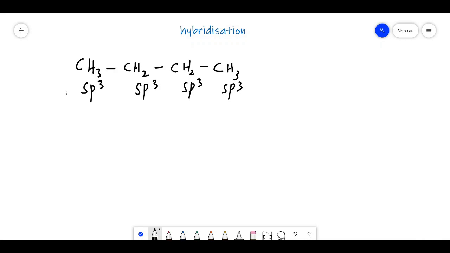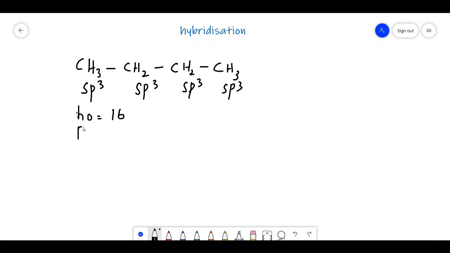Now in the question, sometimes they may ask to calculate the number of pure orbitals and hybrid orbitals. This is an extension of hybridization. So we will not stop at hybridization. We will go a bit deeper into the topic, and they will ask what is the number of pure orbitals and what is the number of hybrid orbitals. For the hybrid orbitals, I am writing HO. They are nothing but sp3. There are 4 hybrid orbitals in sp3. So in total there are 4 plus 4 plus 4 plus 4, which is equal to 16 hybrid orbitals.